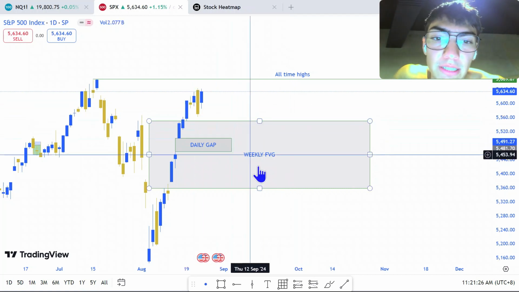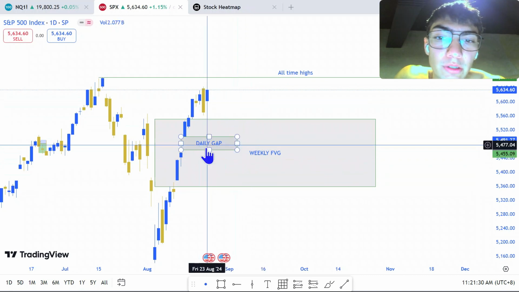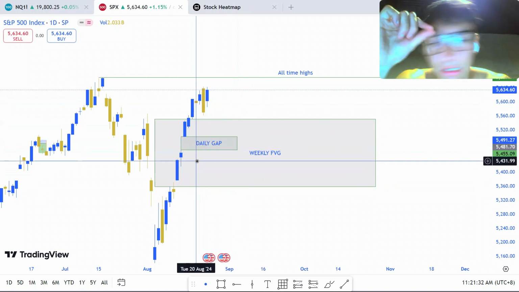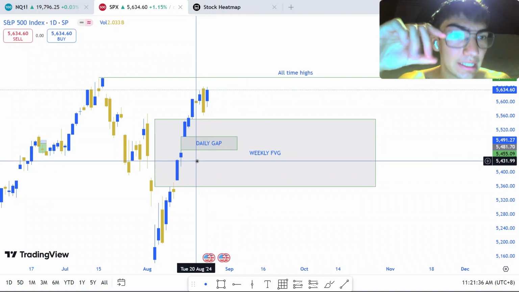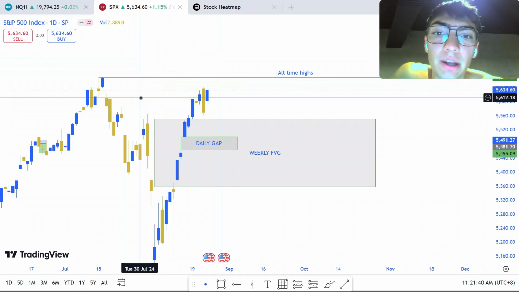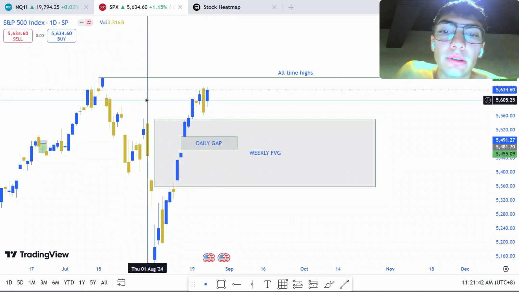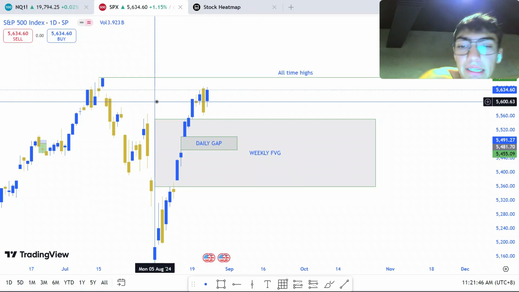Now there is a weekly fair value gap, and there also is a daily gap. The daily gap is more precise. The weekly fair value gap is just like, it's going to go to this big area. The daily gap is like, it's going to hit this area. You know what I'm saying? But all-time highs is so close. It's so close to being hit. So I think